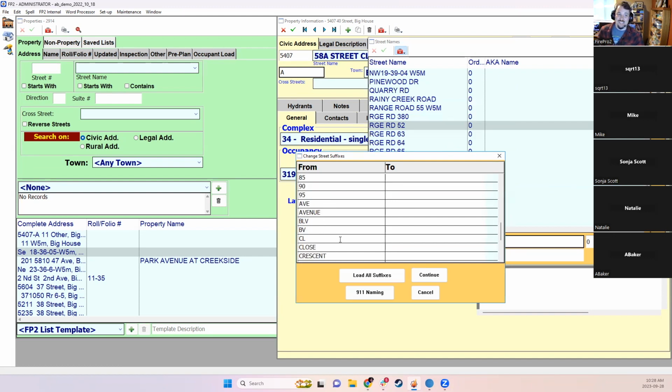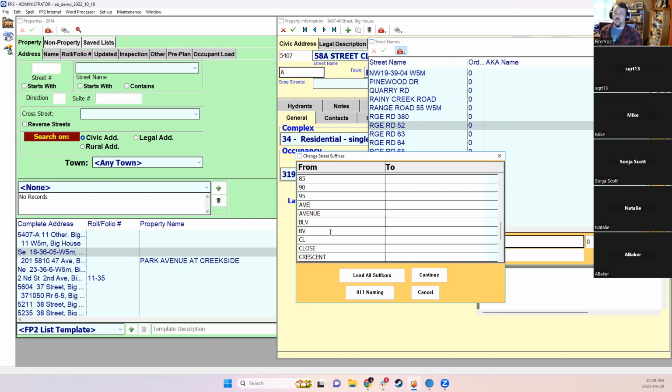So what we can see is that on various different street names in this list, we have some which are formatted as AVE, some which are formatted as Avenue. And in this context, it's often really important to be consistent. We're going to talk in a second about how those CAD import tools, where we import information from dispatch, are going to try to match up your street names with the information that dispatch provides. So it can be really useful to have this as a consistent set that is the same format